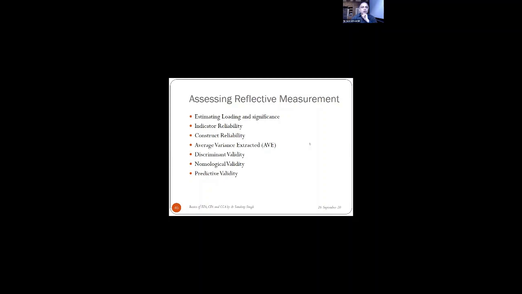For example, I want to check my weight, and I ask you, please give me your weighing machine. Now I assume that when you give your weighing machine, the machine is correct. There are no faults or problems in the machine. If there are problems, you must tell me the problems of the machine. Otherwise, I assume it to be correct. Similar thing is here. You are a social scientist. When you are saying something, you ensure the people that it is reliable, it is valid, everything is good, so that you can go ahead with the structural part and tell these are the relations, these are not. So these are sort of mandatory parts which are required, reliability and validity.